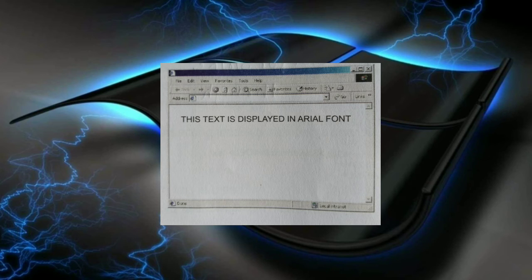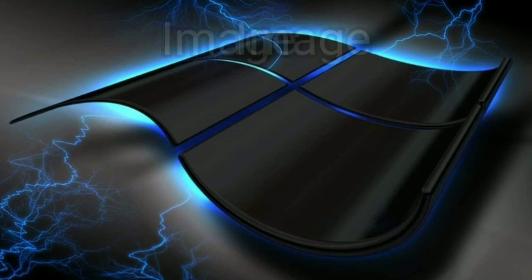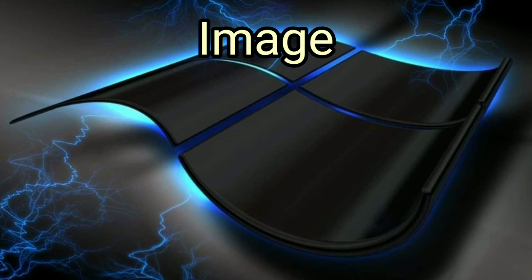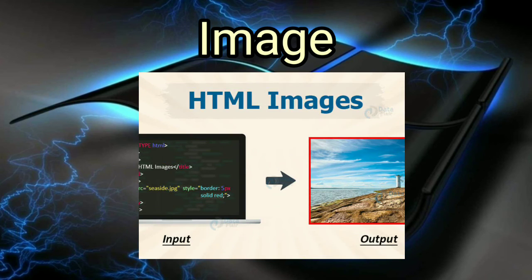web page. Next, image. The images that appear on the web page are called inline images. The open image tag and the close image tag element allows you to insert an image.